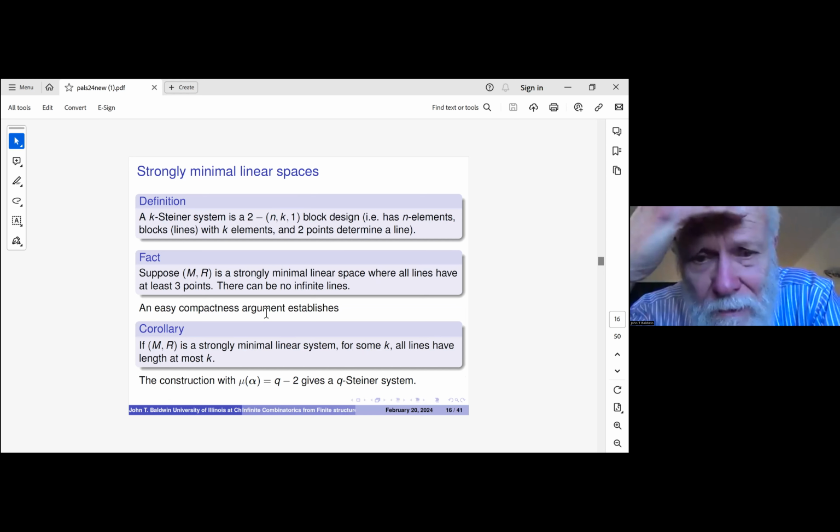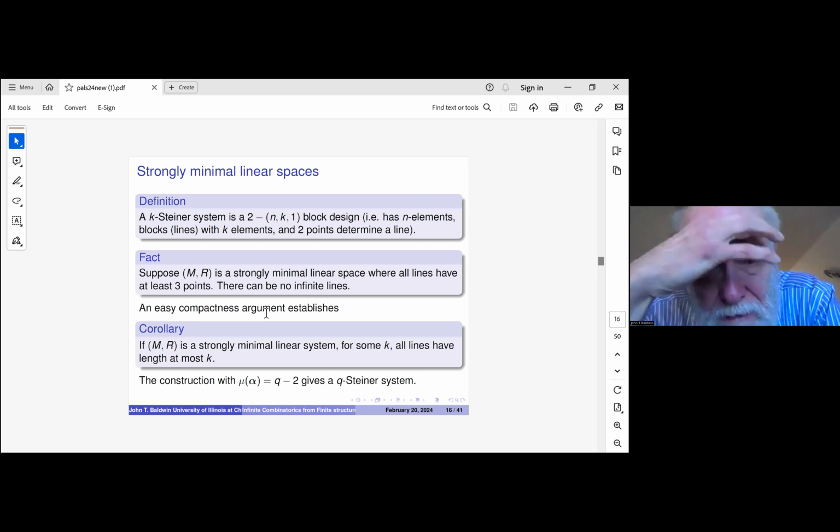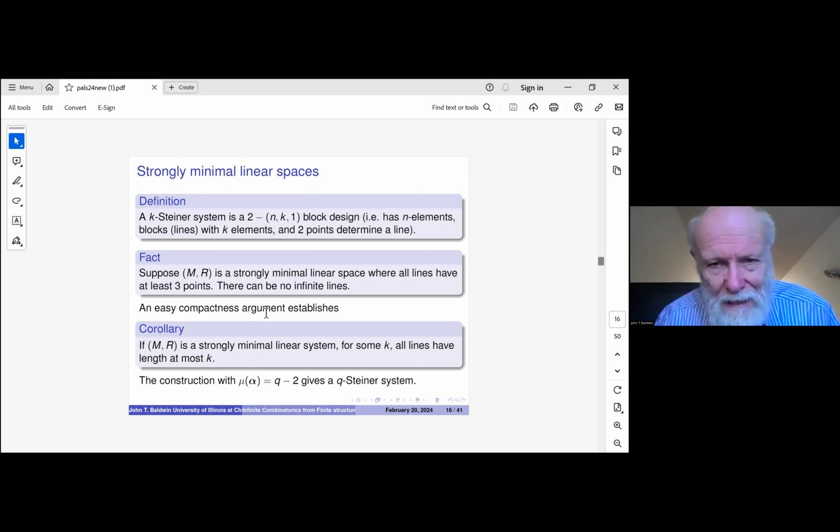So now the next issue is to construct strongly minimal linear spaces. Or first, what would happen if you had a strongly minimal linear space? So remember, a linear space is giving you a family of lines of fixed length. But to get a Steiner system, suppose I just have a linear space, so just 2 points determine a line. Well, then all the lines have to be finite, because if there's an infinite line and some point off it, then you draw a line through the point off and each one of the points on the line, and there are infinitely many points that are on the line and infinitely many that are off the line. So then an easy compactness argument says that if you have a strongly minimal linear space, then all the lines have size at most some finite